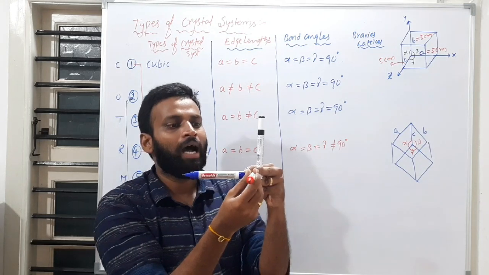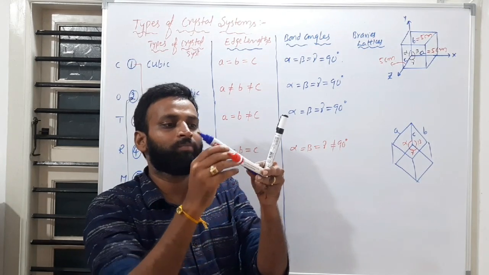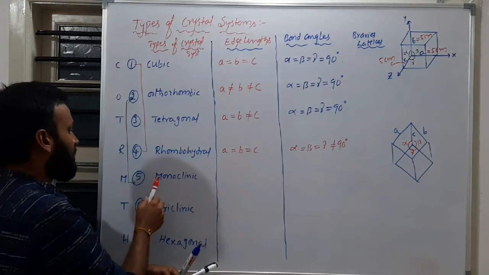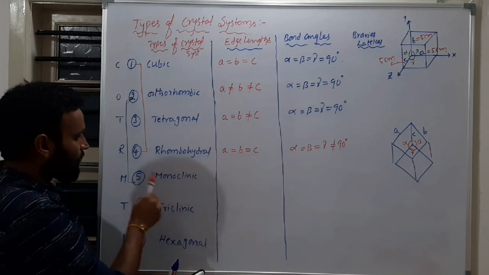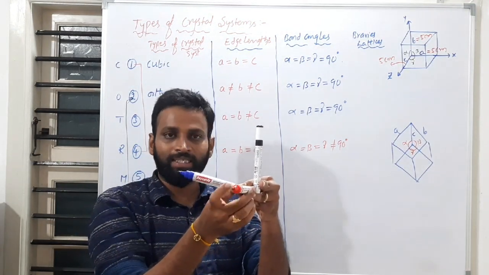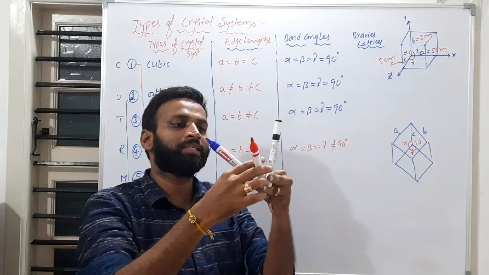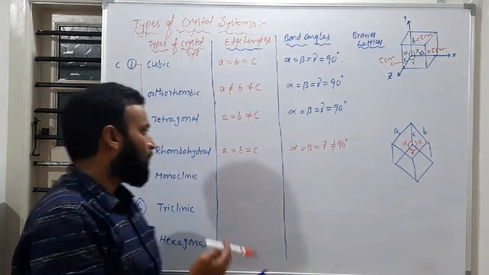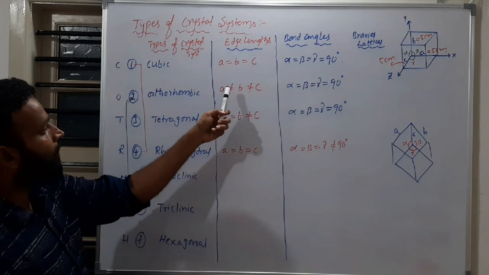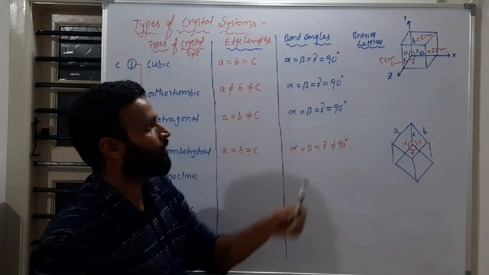Now, what will I do? I will flip this either downwards or upwards. Now the bond angle changes, and I will flip this A also. I am flipping this C also, so that I will get monoclinic. So from orthorhombic to monoclinic, what to do? Just like this, 90 degrees means it is orthorhombic. I am flipping these edges, this C as well as A. Now I am having monoclinic. So orthorhombic means all edge lengths are different, but all bond angles are the same and equal to 90 degrees.